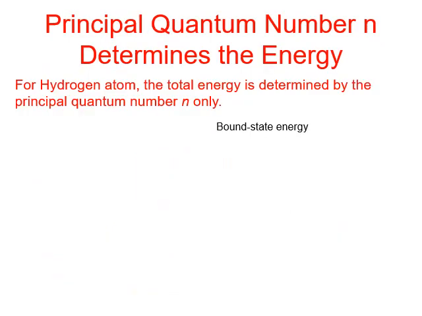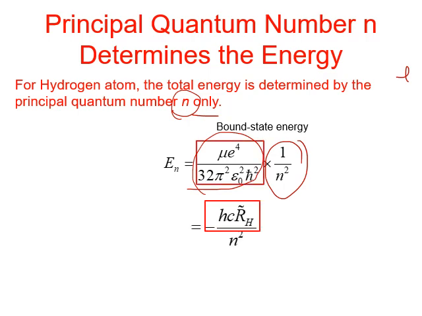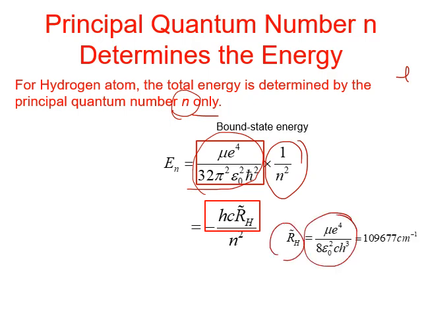Having looked at the quantum numbers L and M, now let's look at the principal quantum number n. Remember, in rotation, the energy is determined by quantum number L. Here, for the hydrogen atom, the total energy is determined by the principal quantum number n only, and the equation is here: 1 over n squared times these constants, and these constants can combine together, and the combined value is called the Rydberg constant